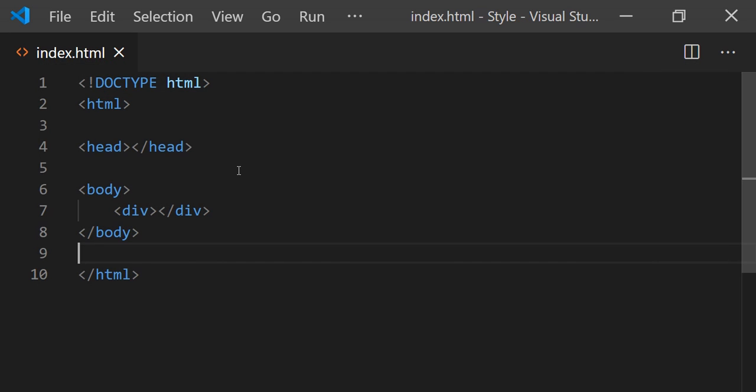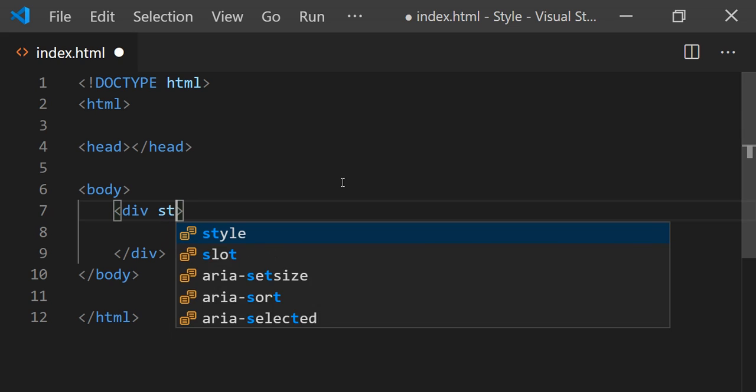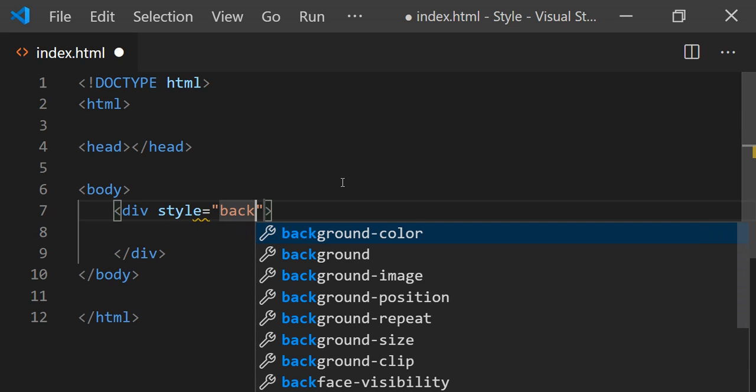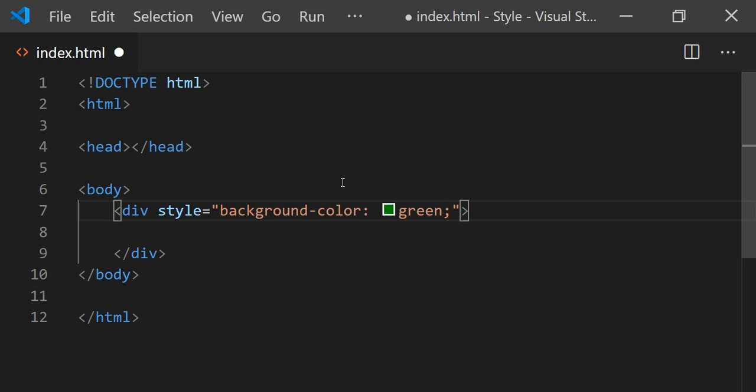I have an index.html file where I have one single div. Here I will show you how to add inline CSS. We add inline CSS to the element using the style attribute. Here I am adding style to the div. Style is an attribute and I am adding background color green and